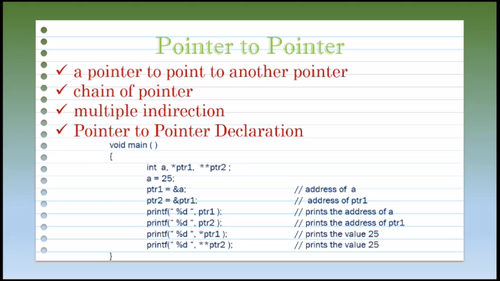That means it is indirectly printing the value stored in that normal variable. Here ptr2 is holding the address of ptr1, and again ptr1 is holding the address of a. That means the value which is stored at the address of a will be printed on the screen. So here also the value held by a will be printed. So 25 will be printed on the screen.